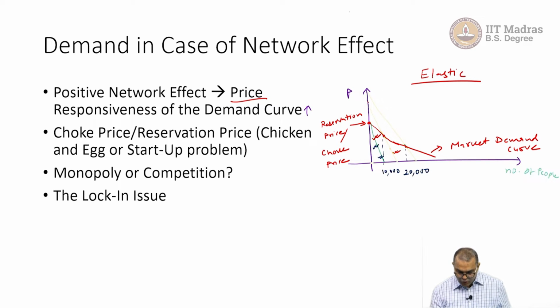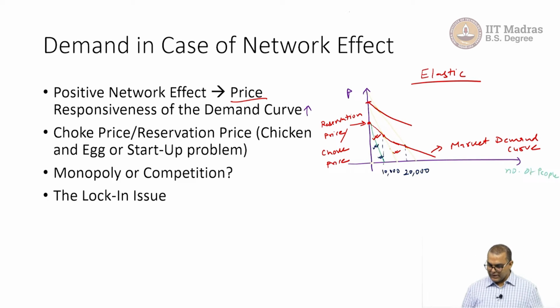Let us say the cost to come up with the first unit is this. Even though it's coming with higher quantity, it's coming down, this good will not be provided because choke price is really, really low. So what happens in this particular case? We get chicken and egg problem. If there are no people there consuming this good, I would not like to consume this good. And if there is no one consuming, producers have no incentive to serve this market. So this is chicken and egg problem, whether the consumer will come first or seller will come first. This is also called startup problem.